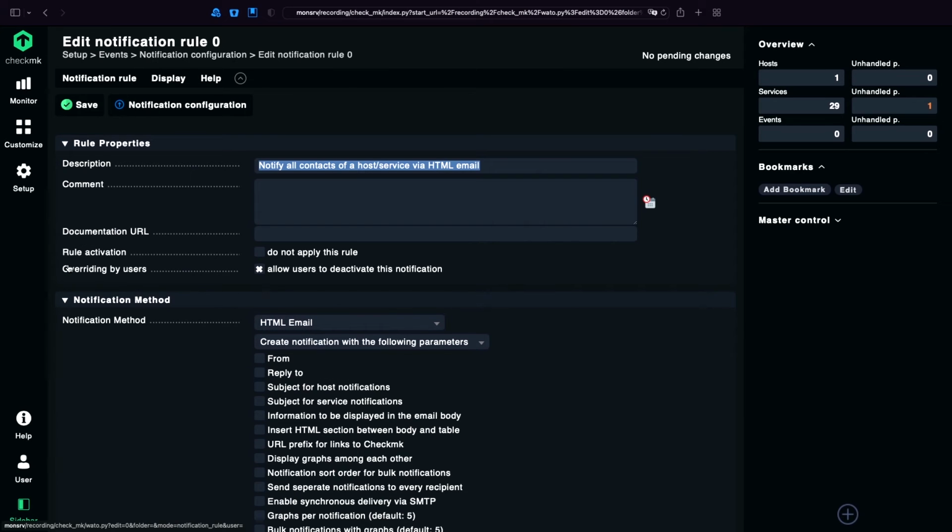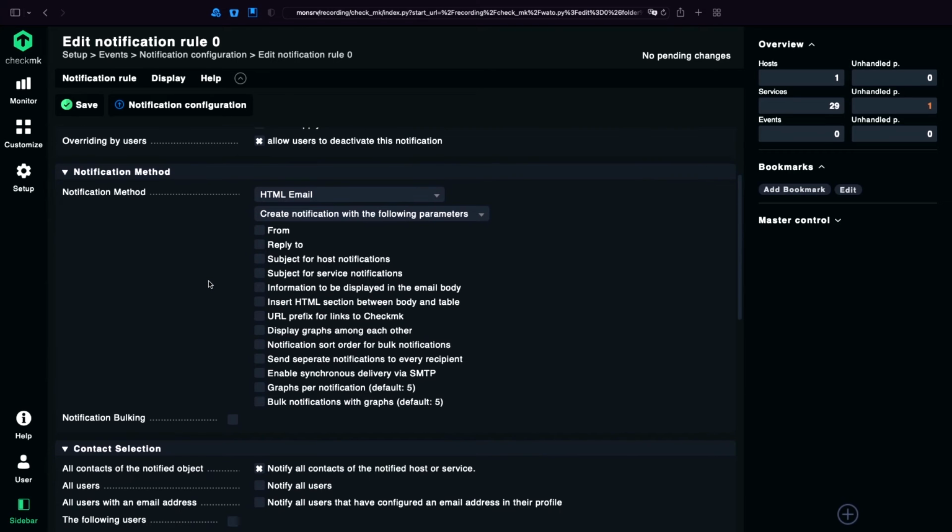Here we can see the rule details. As in other rules, we have the rule properties. Only the difference here is that you can enable or disable overriding the rule by users. The next part is the notification method. Here you can set how you want to get the notification.